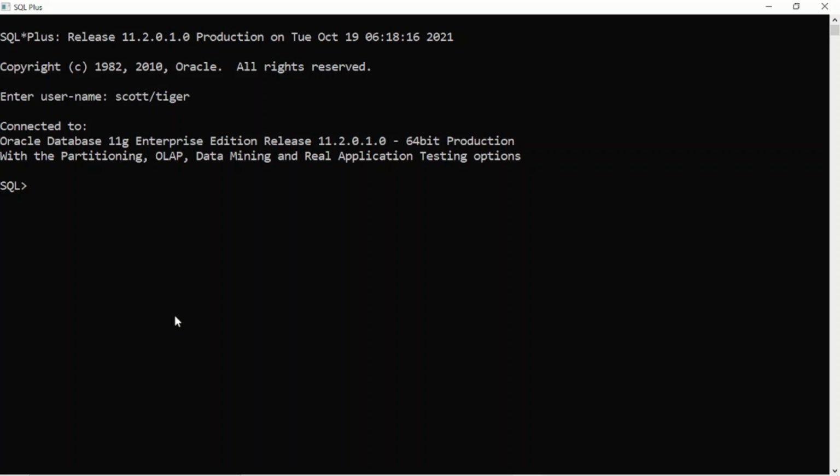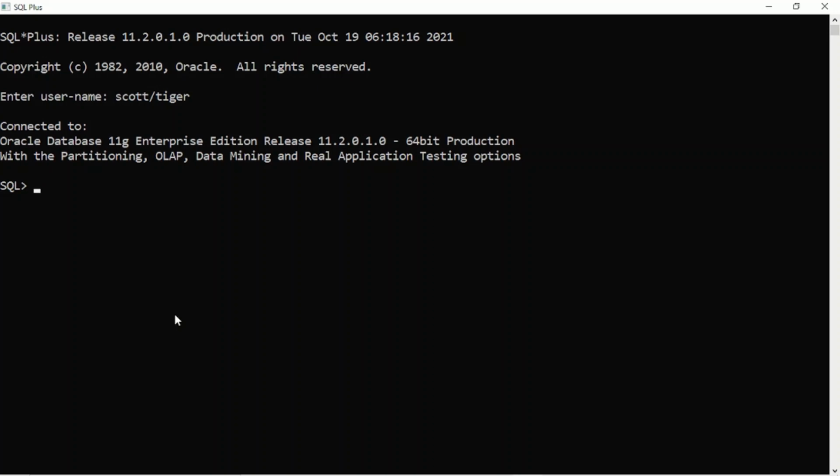Okay, now we are at the SQL prompt and we'll do hands-on related to group functions. So I'm going to take one example, that is use of sum. So the query is like that: display total salary paid by a company.